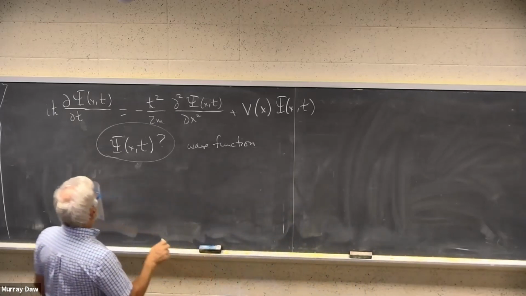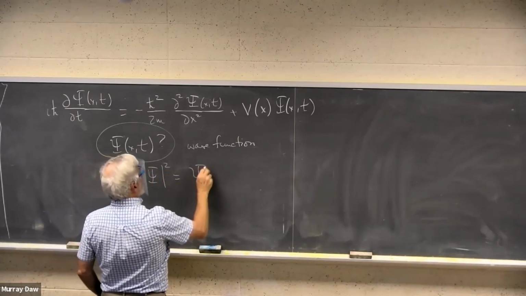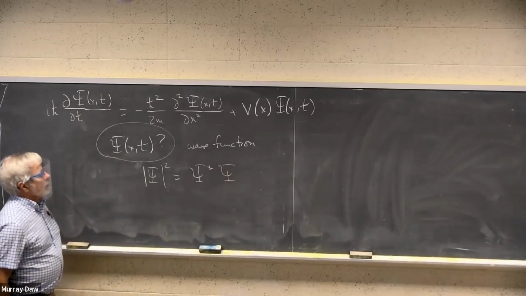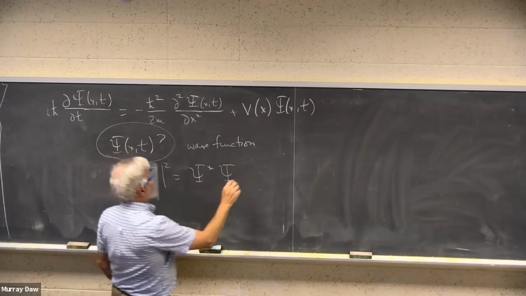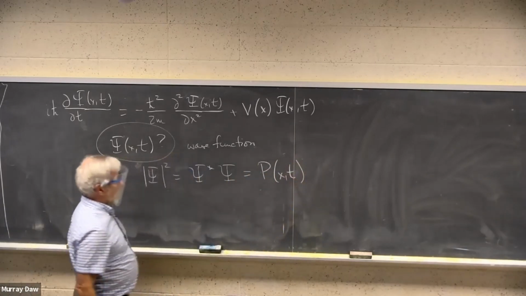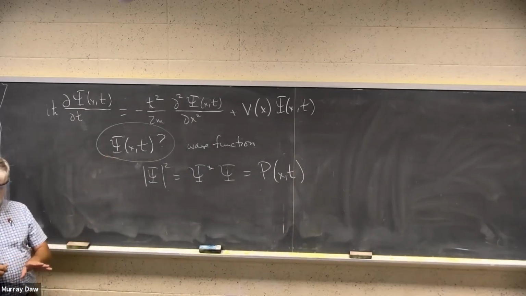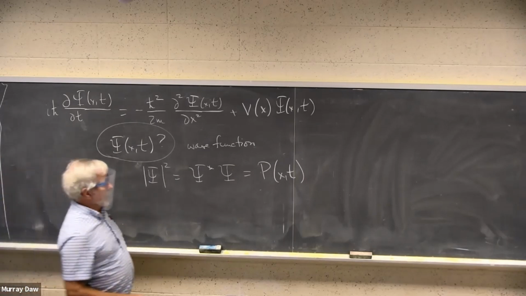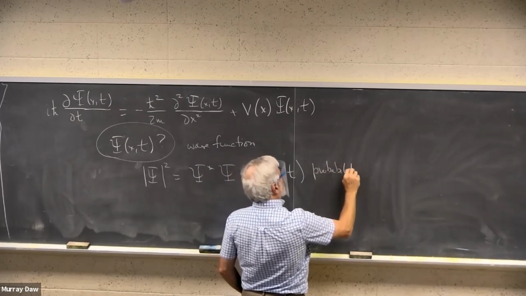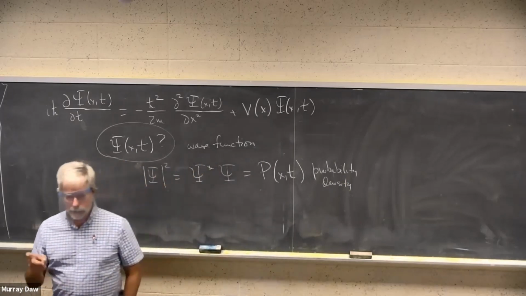And the first thing that we will see is that if I take the complex conjugate of psi and multiply it by itself, this is one thing that we can extract from it. This gives us a probability that should be dependent on time because the wave function depends on time. You take the complex conjugate squared. This is the probability density.